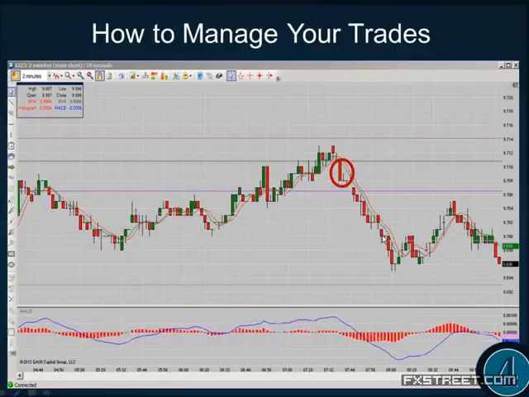8 ticks. Now you guys say, 8 ticks? Why are you trading for 8 ticks? Well, 8 ticks on a future, that's $100. So if I put 3 futures on right here, at this point I have a $300 profit, right? So I'm going to take 2 of those off.